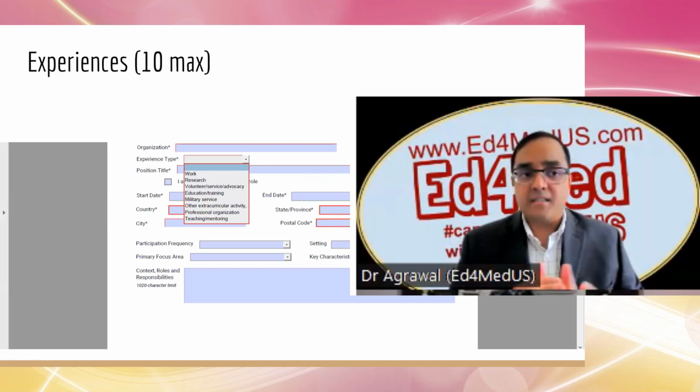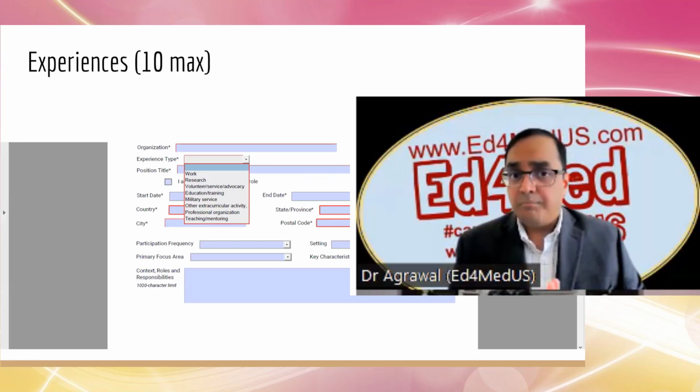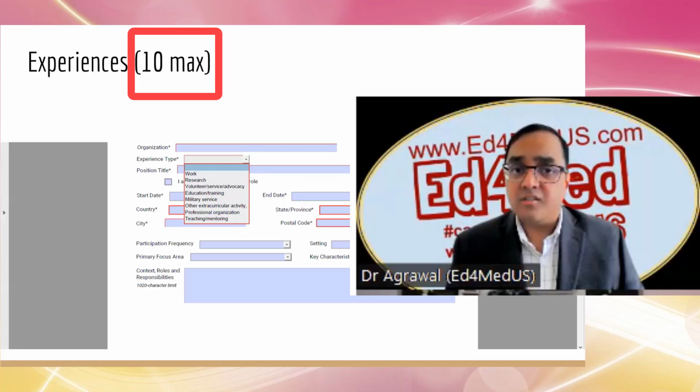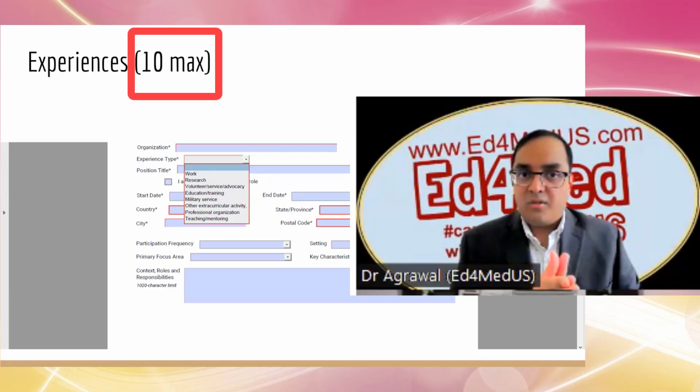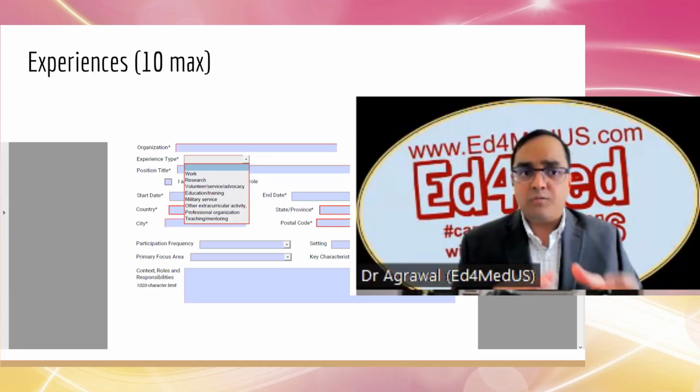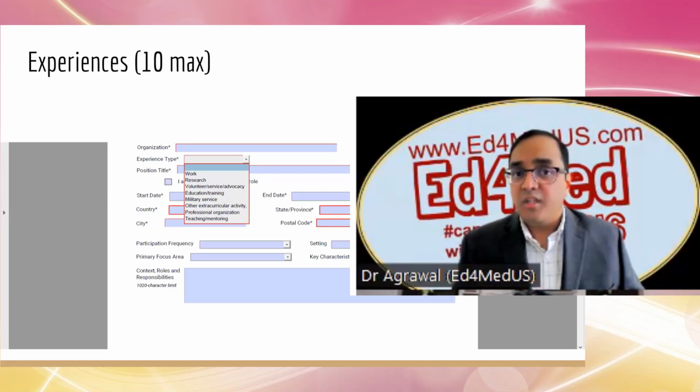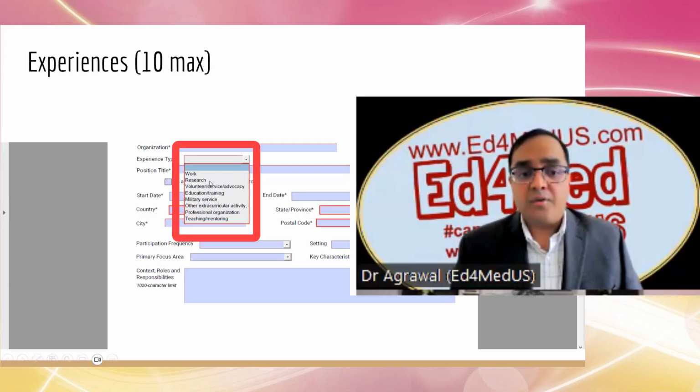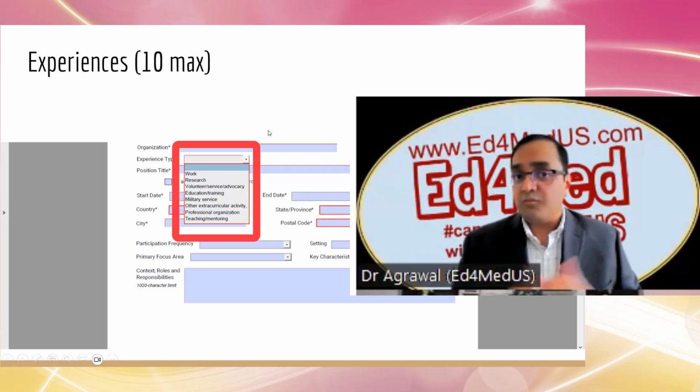Let's start by looking at the experiences. The max you can put is 10 experiences. Really, I feel trying to bring this down to 10 experiences helps program directors because they can really focus on the most important experience. Besides the work, research, and volunteer experiences that were present previously, you can choose to have